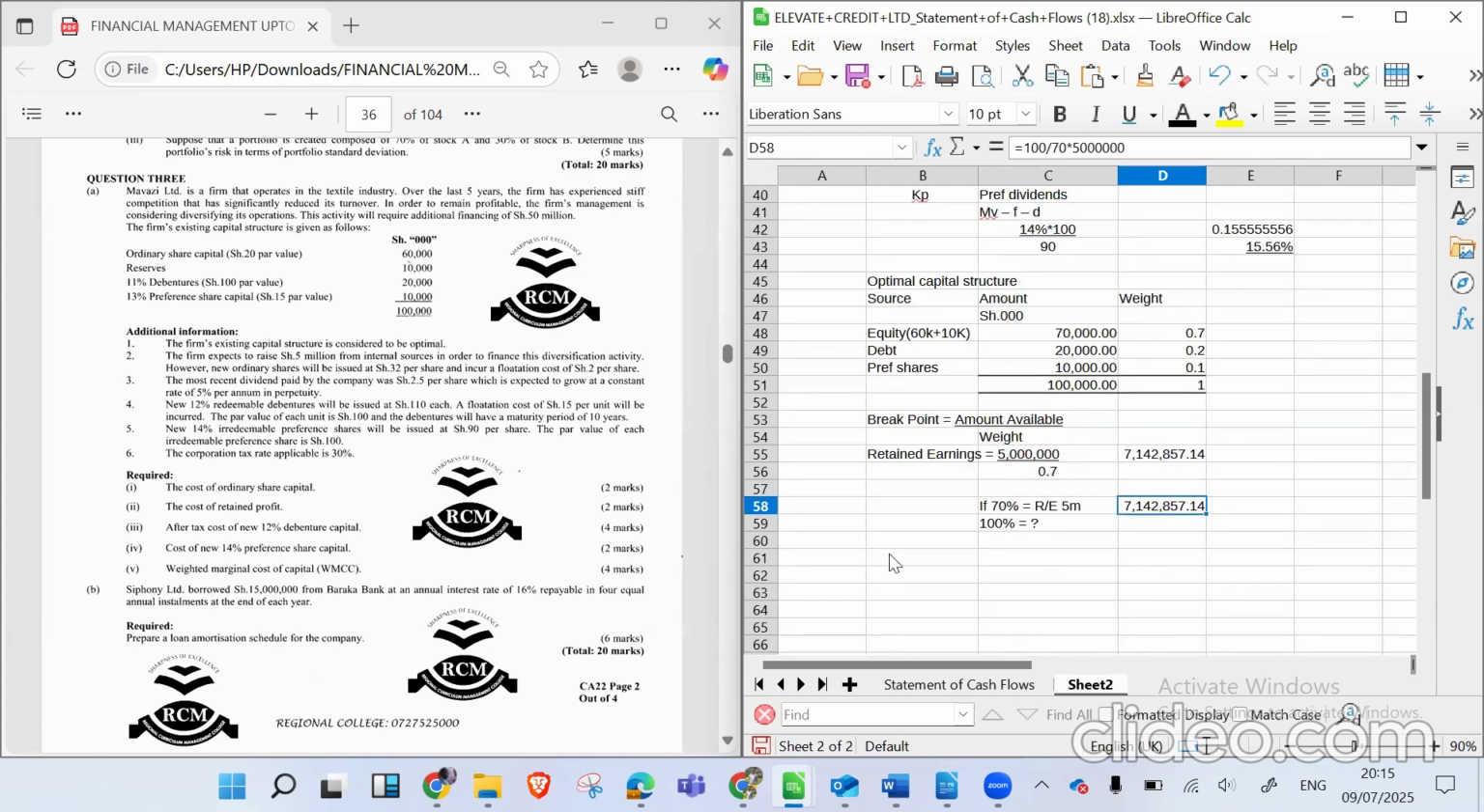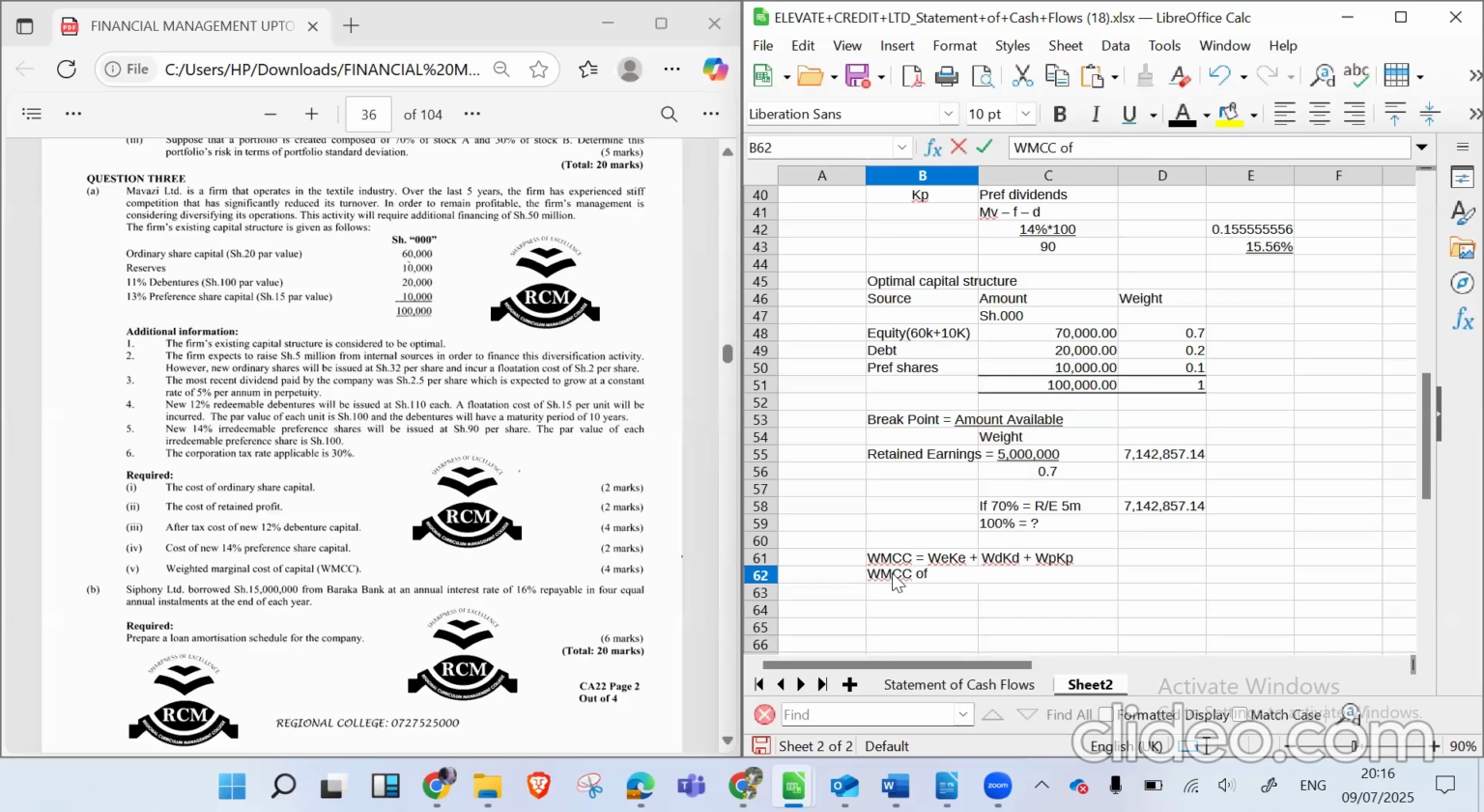So therefore, I'll put here my WMCC. The formula for WMCC is the same: equals weight of equity times cost of equity plus weight of debt times cost of debt plus weight of preference shares times cost of preference shares. But I have to raise it in two ways. So I'll start with the WMCC